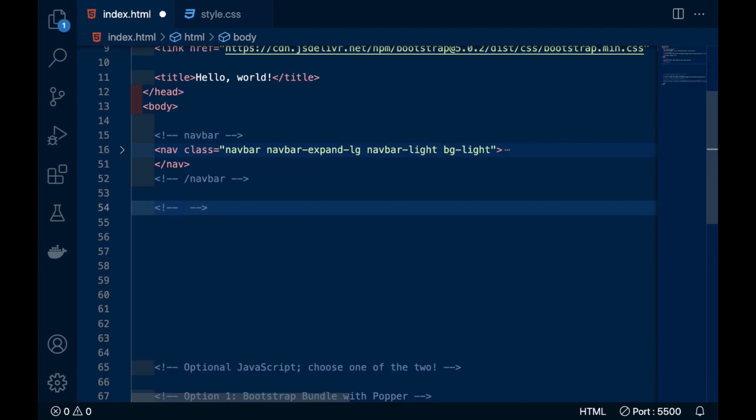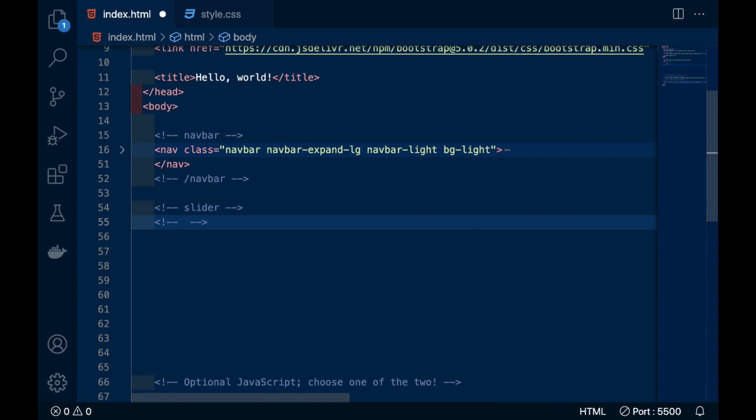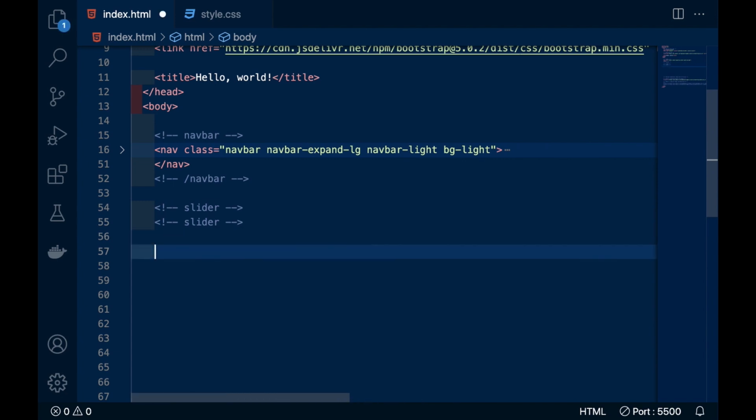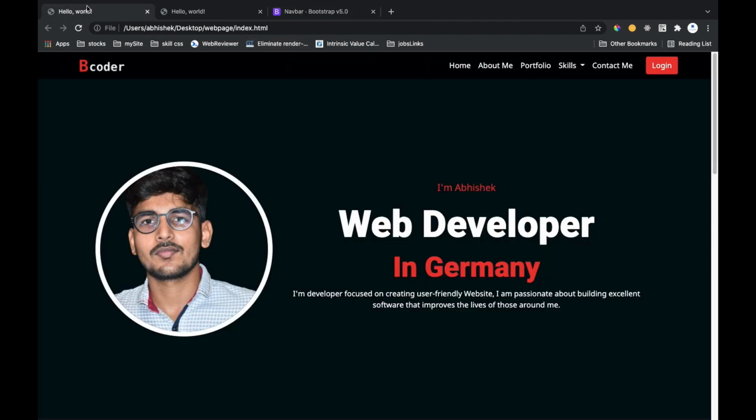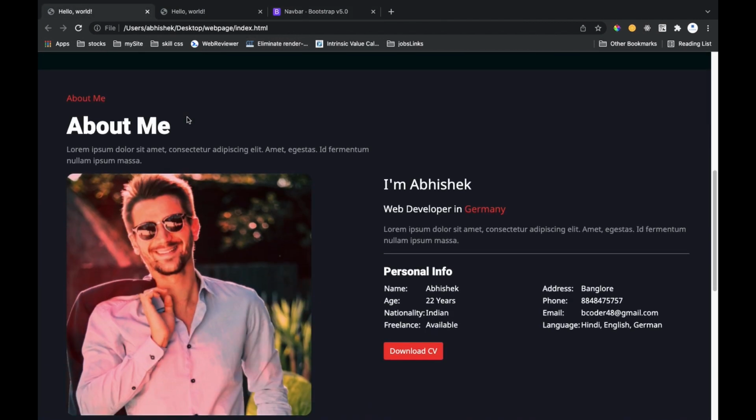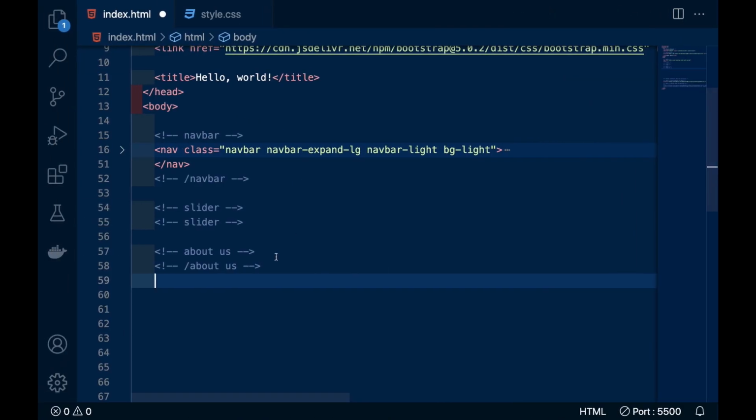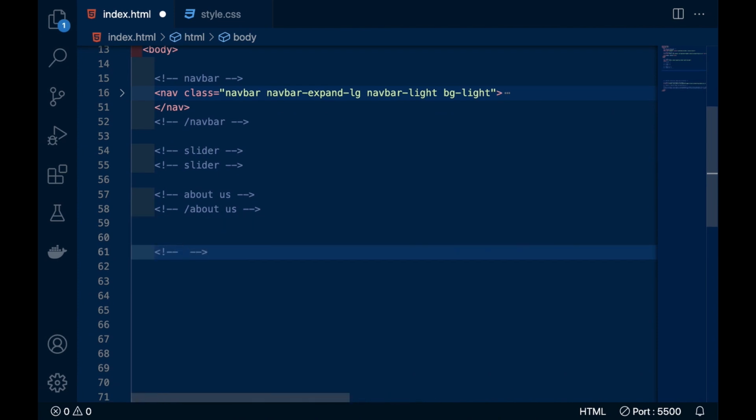And after that we will have a slider, and after the slider there is an about section, and what is after that? After about we have an experience section.